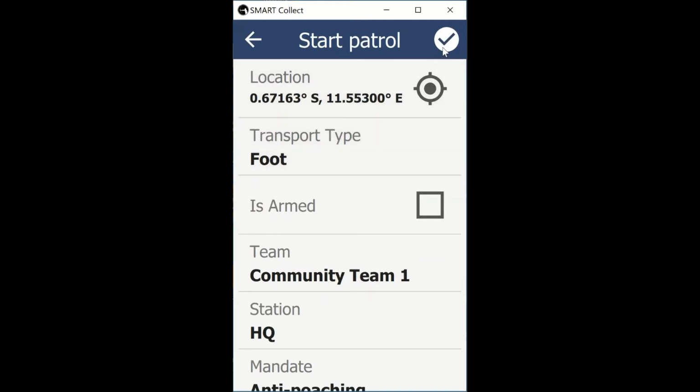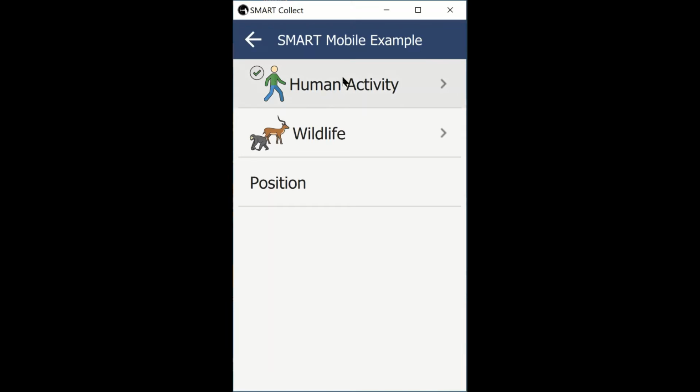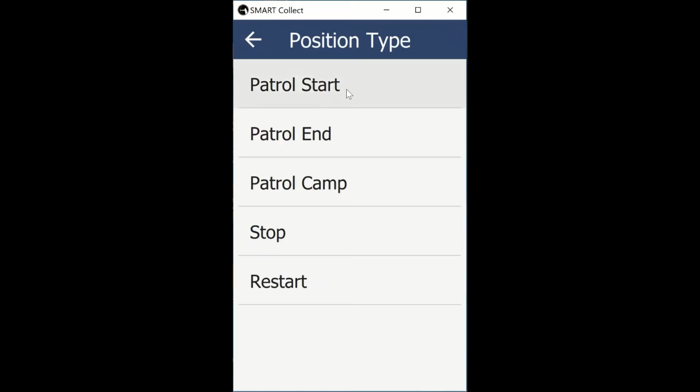Once your patrol has begun, you will do the same as before, where you'll get this simple window here, which allows you to make observations. You can go back and review historical information that's been collected. You can review your map, or you can go in and set an incident that is independent from the patrol here. To make an observation, you can see where the icons are here, and you can go through and make any observation that you like,